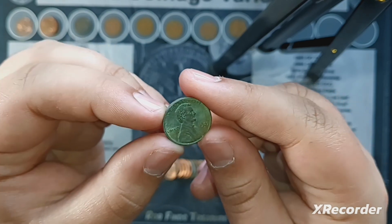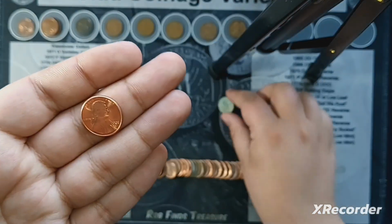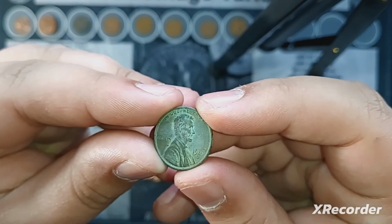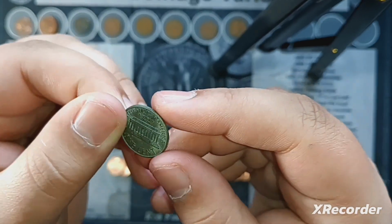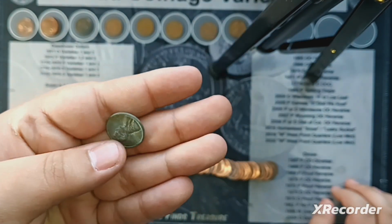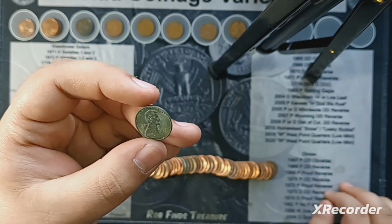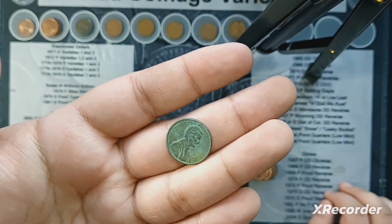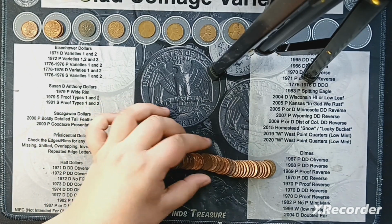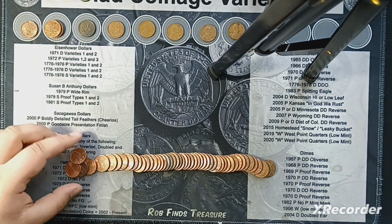Now, the thing is, it cartwheels the same as a regular penny. Like, compare it to this 1990 here. You notice the cartwheeling effect on that, and then you can kind of see it on this coin too. And I'm wondering if this is something similar to that. In theory, I guess someone could have dipped it in, like, acid, but I don't see any, like, alligator clips or anything, and so you guys gotta give me your opinion on that. Either way, I'll pull it aside just because it's kind of interesting. Let's just check the rest of this roll. I don't see anything. Alright, let's